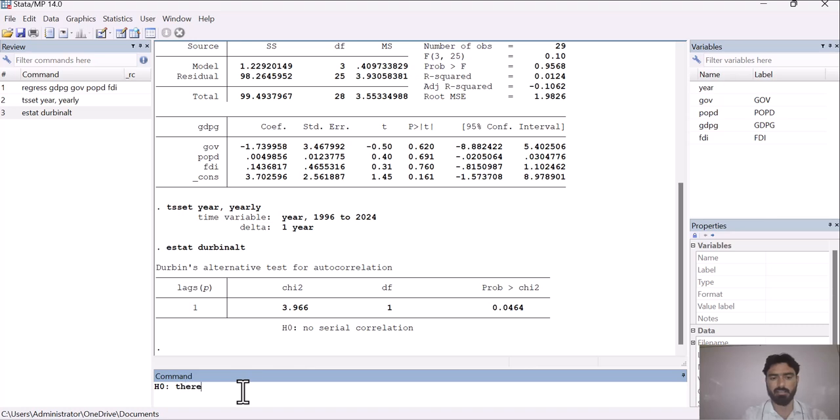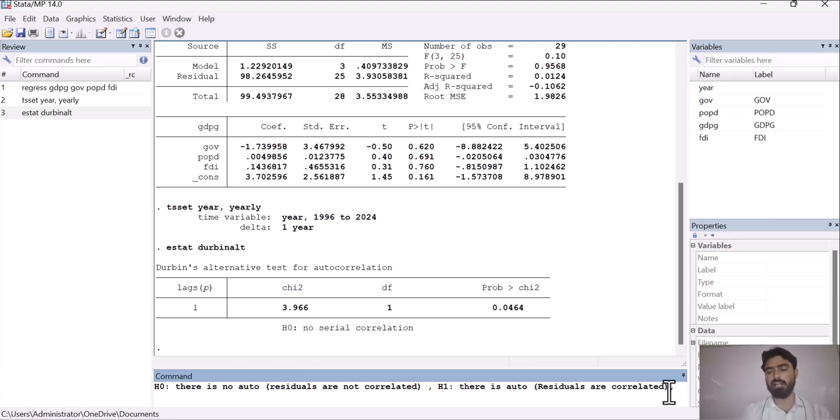That there is no autocorrelation, or we can also say that residuals are not correlated, and H1 or the alternative hypothesis is that there is an issue of autocorrelation, or we can say that residuals are correlated.